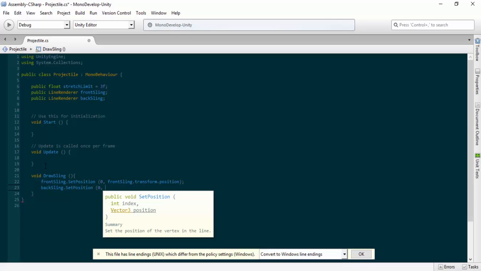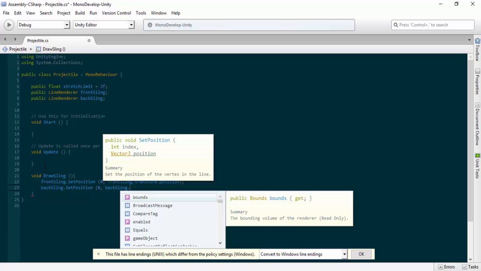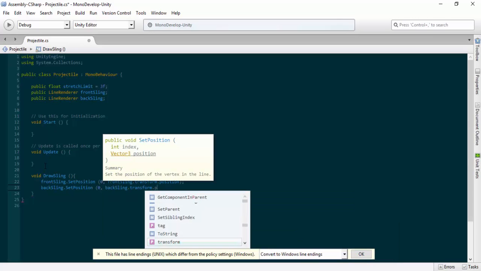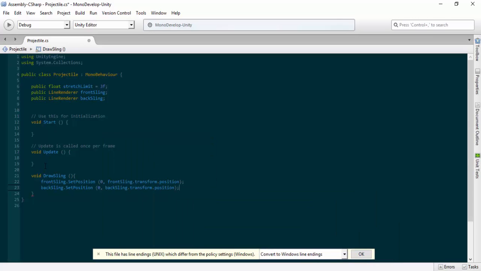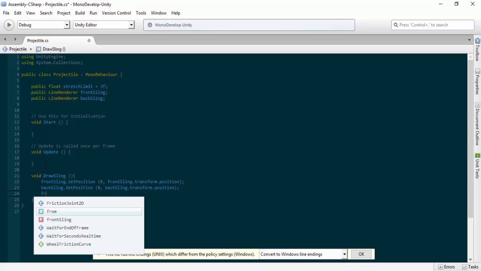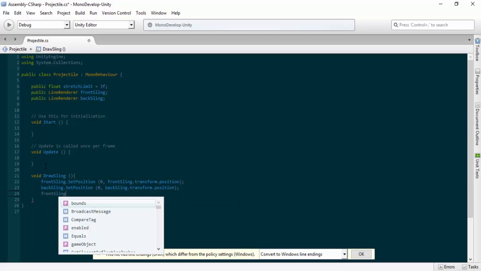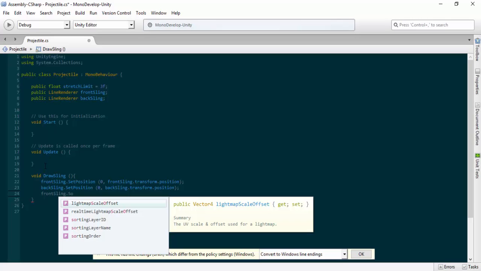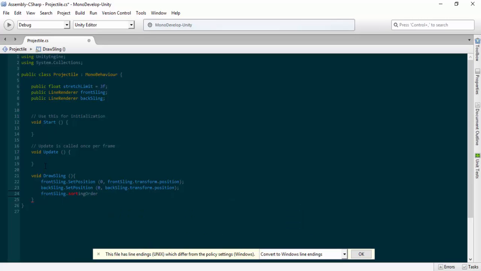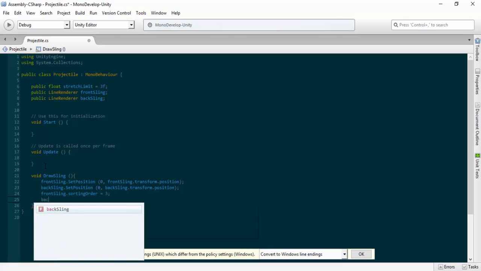Then same again, we're using the first point or the 0 point, transform.position. Now, what we'll do as well, we'll set up the sorting order, the sorting layer sort of thing. Sorting order. So the front one is, what do we do it as now? I think 0, 1, 2, 3. So it should be at 3, and then the back one will be at 1,